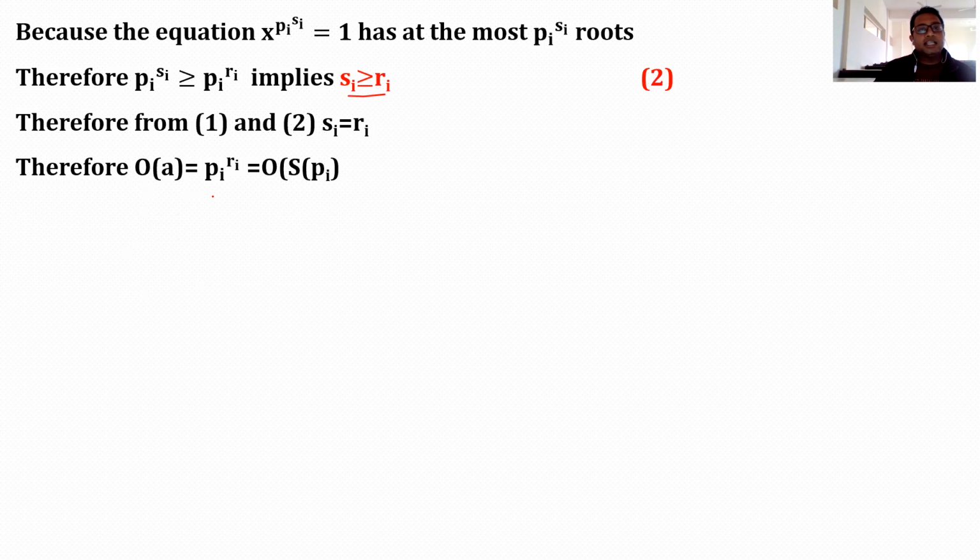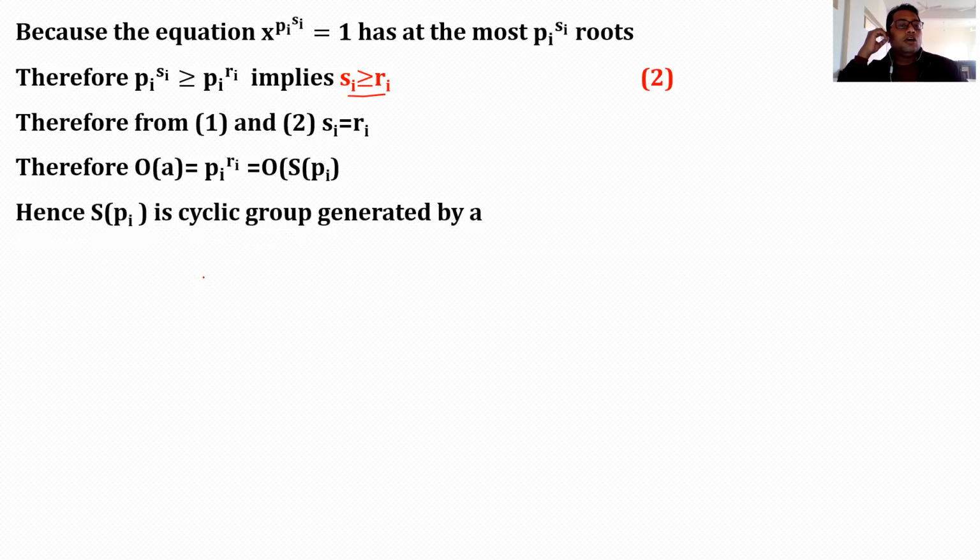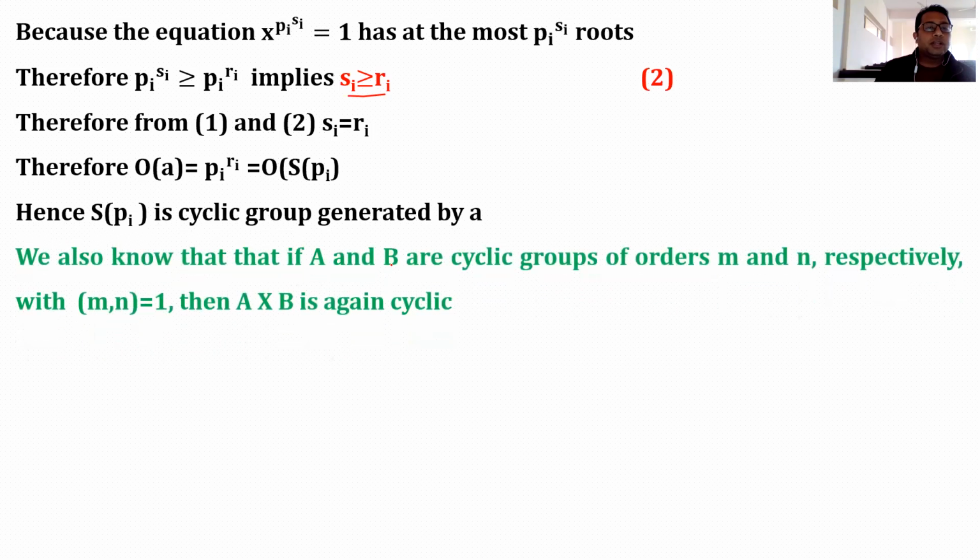So the order of a, which we supposed to be pi^Si, has become pi^Ri, which is the order of S_pi. And when the order of the group equals the order of an element, the group is considered cyclic and generated by that element. So S_pi is a cyclic group generated by a. Now we have proved each S_pi is cyclic, and this is the same result which I have quoted in